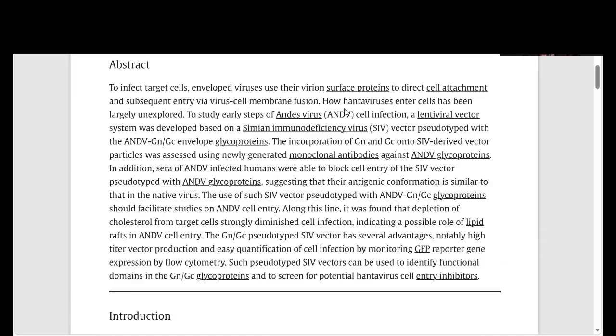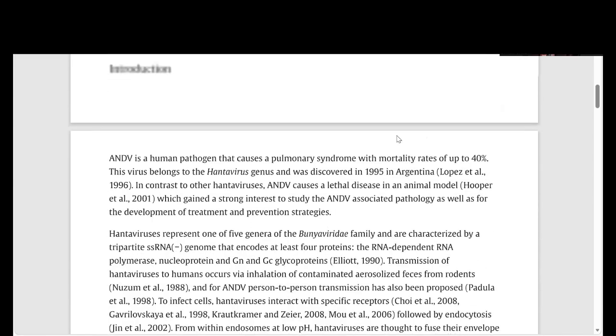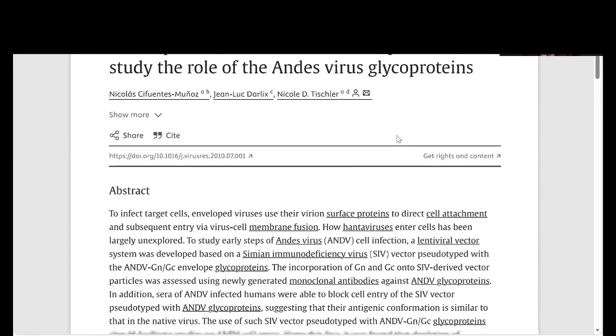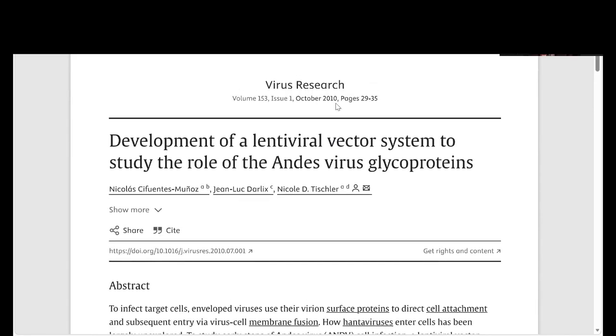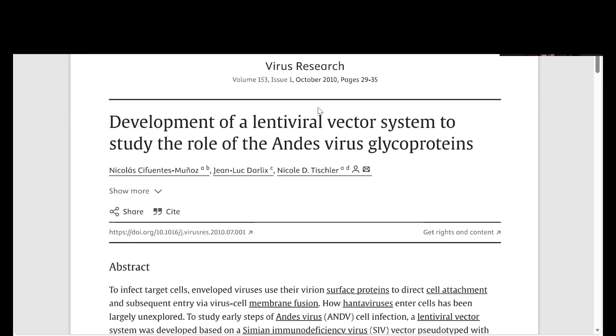But again, this research has dual purpose. You can make weapon systems out of this if you're smart enough. So this gives you a little bit of a take of what's going on with the Andes and what was happening in 2010. That they made a pseudo vector using SIV. And that with the technology we have today and the knowledge base that's out there in the world, you can make a weapon out of this. I'm not saying it happened, but it can be done. With that,